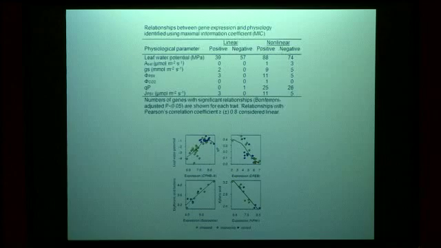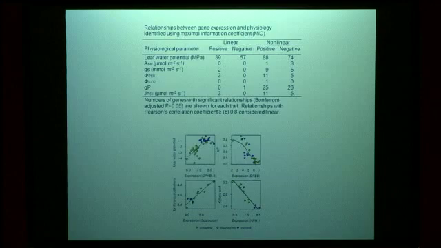And one thing that I think is a real exciting aspect of this type of approach right now is there are a lot of statisticians who are thinking hard about this problem. And they've been developing some new approaches to include both linear relationships, but also nonlinear relationships. We've never really been able to search these big data sets for nonlinear relationships. And just last year, there was what probably is the only Science paper published based on just a statistical analysis. A paper that came out on this new